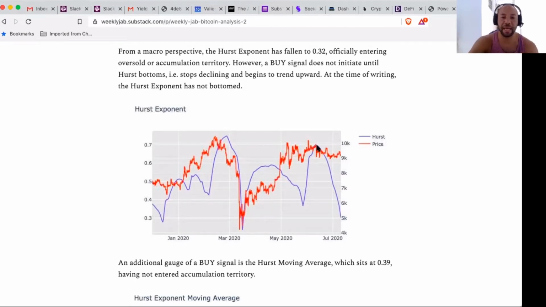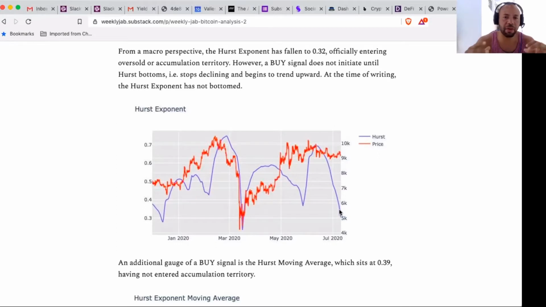With that being said, Hearst continues to fall, and this week it officially hit the oversold levels, or accumulation levels, depending on how you want to frame it in your mind, which, if you remember from last week's videos, is beneath 0.35. It currently sits at 0.32 and looks to continue pointing lower. So I know what you might be thinking: great, this is awesome, that's a bull signal, it's time to rock and roll. Okay, not so fast. Let's pump the brakes for a second. An official buy signal will only be triggered or initiated, at least how we view it within the fund,